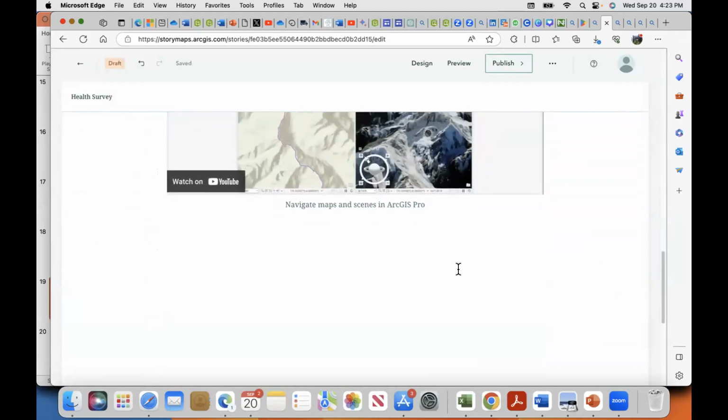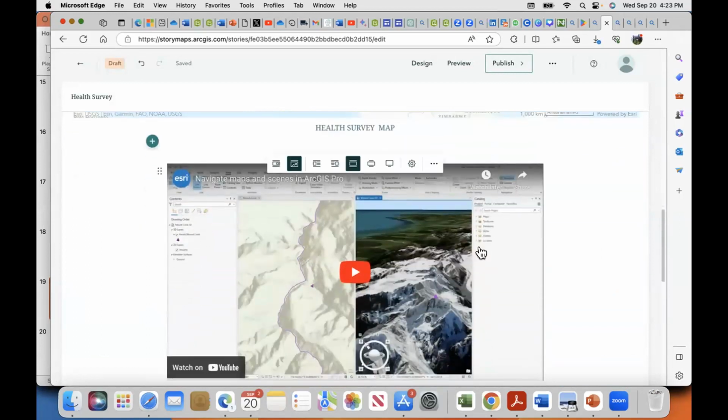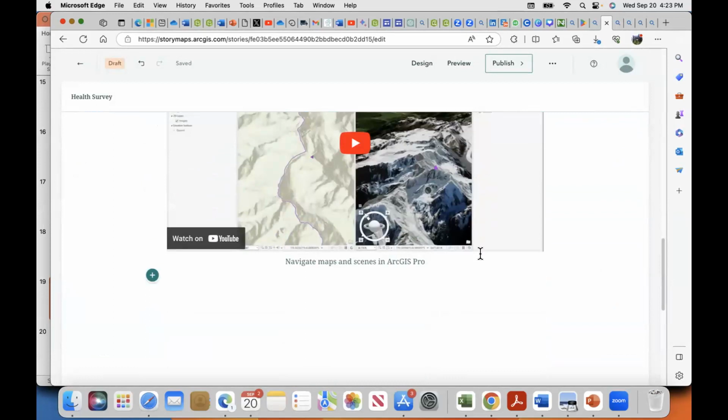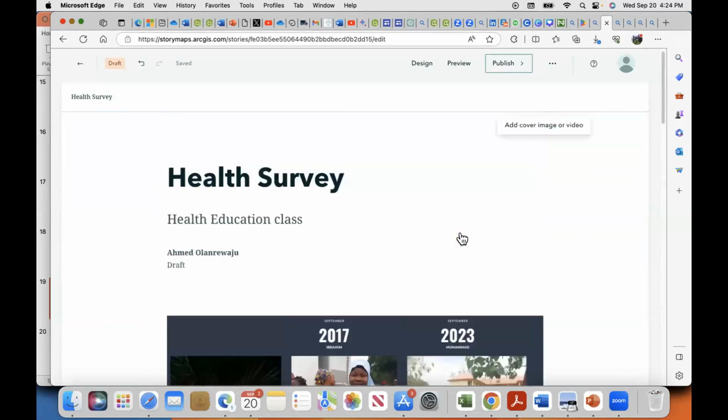So that's interesting about story map. Let's say that you want to tell us a story about the spread of HIV or the spread of this COVID-19 pandemic, COVID-19 that, let me say, we are still facing. I don't want to say that there is no more COVID-19. So there's a way you can tell your story through your story map. And after that, you can design it just like you design a blog. The end product of everything is for visualization and for communication. So in as much as people can relate with your story and understand what you are trying to tell us, story map is another good way for information to help.